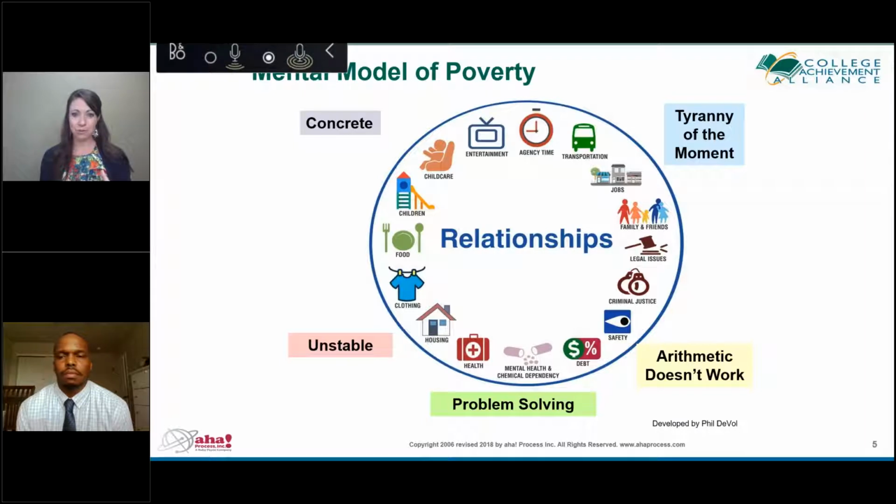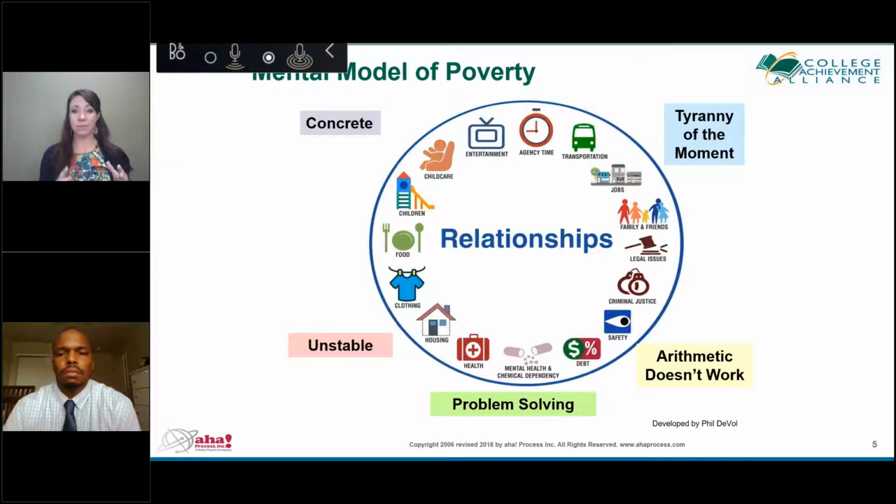We put this mental model together. And what you can see within this model are all of the interconnected pieces that affect a person's day. Meaning, how are our students spending their time? How are they spending their energy? And what we know about our